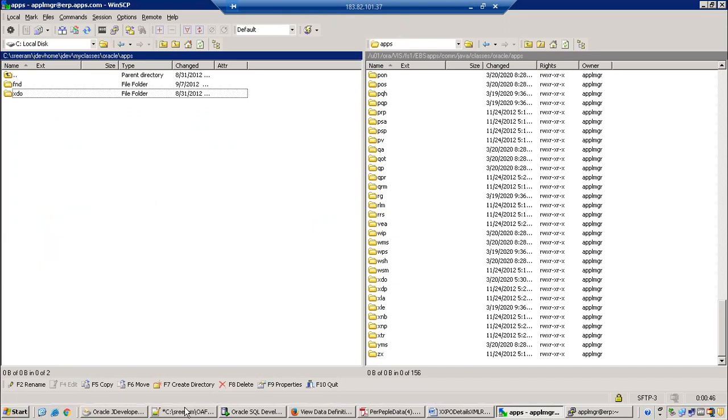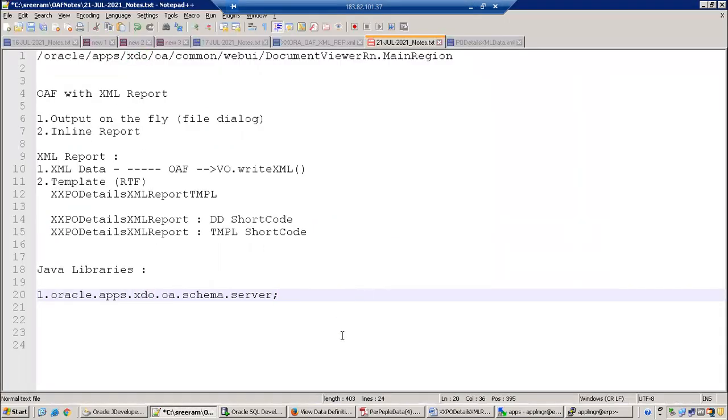That's the first setting. And there is one more very important setting. I'll copy the xdo folder from Java top to myclasses.